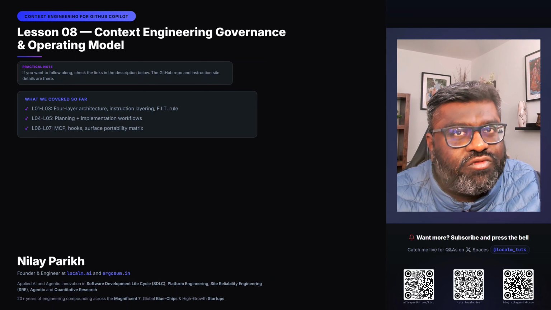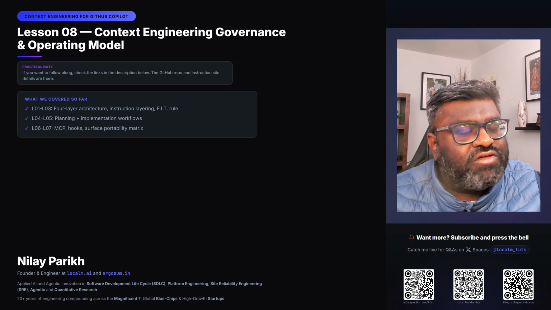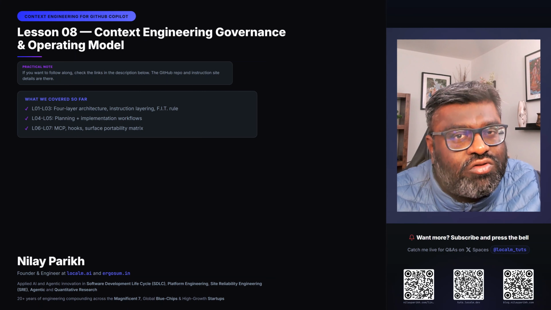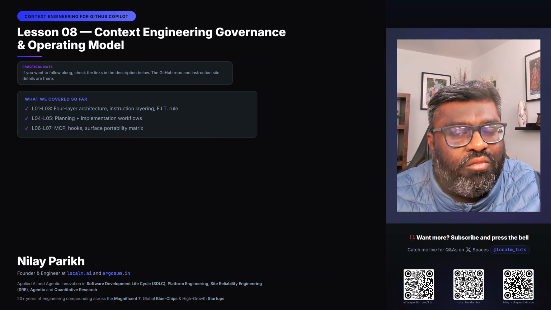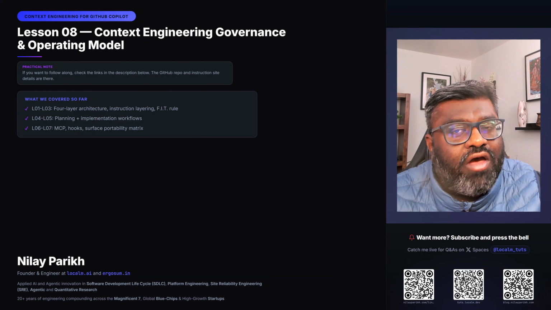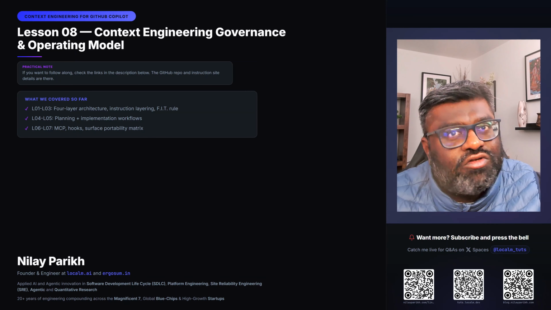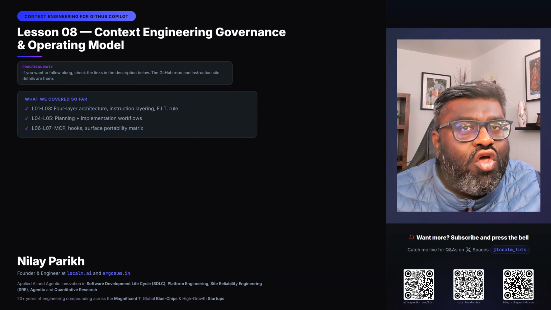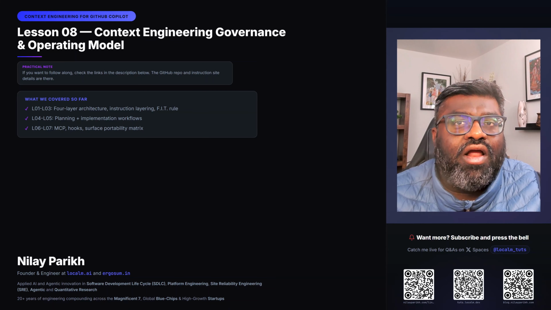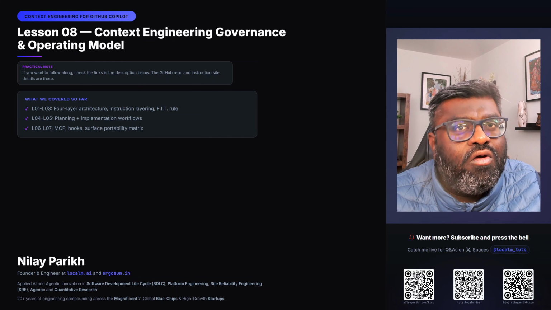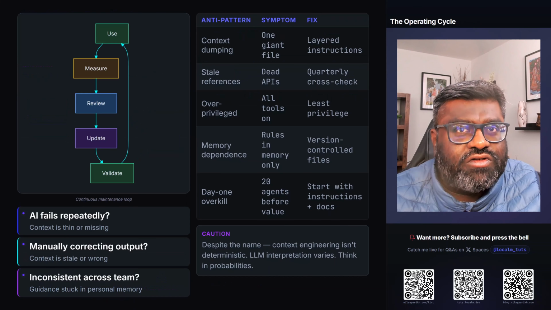All the good teams do everything we discussed up to lesson 7. But the great and enterprising teams also do not let the focus go away from lesson 8, and that is the governance and operating models. That will ensure that as long as your project lifecycle runs, your context and your AI assistants remain effective and embed perfectly in your processes.